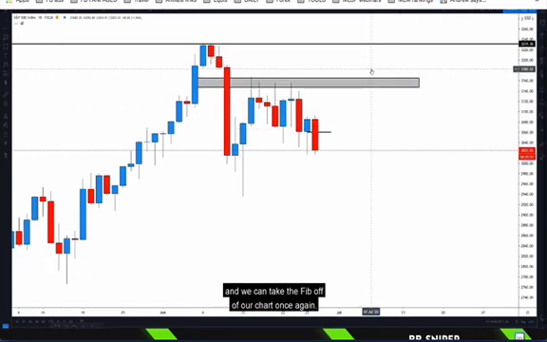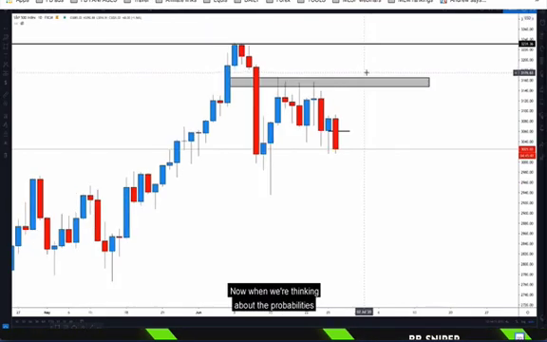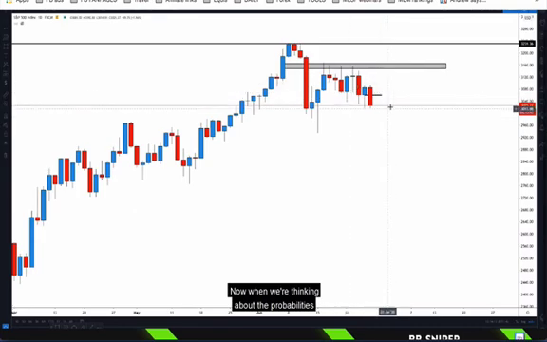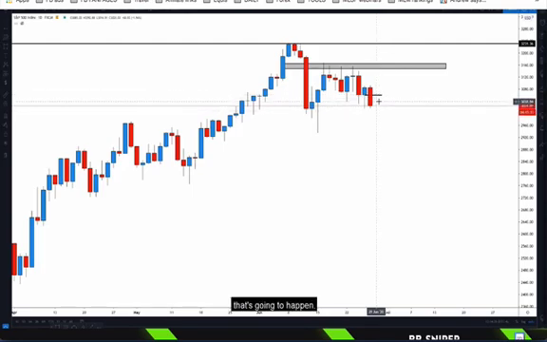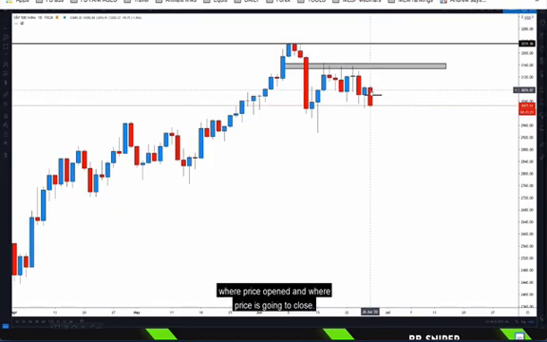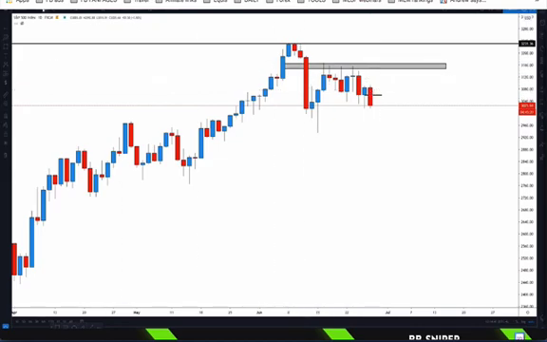And we can take the fib off of our chart once again. Now, when we're thinking about the probabilities of what might happen for the duration of this candlestick, and even as we move into the next candlestick that's going to happen, by utilizing the information provided with us inside of the candle bodies, where price opened and where price is going to close,